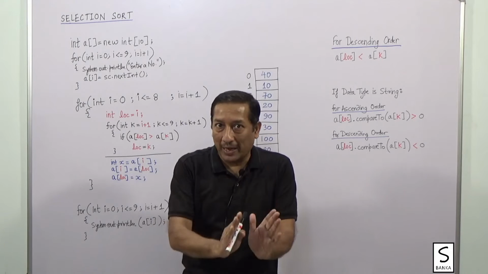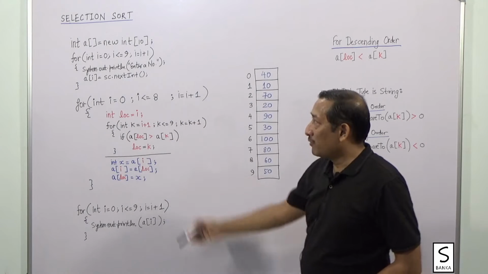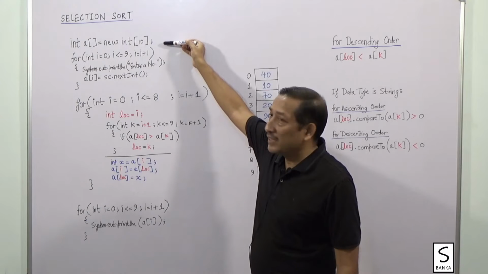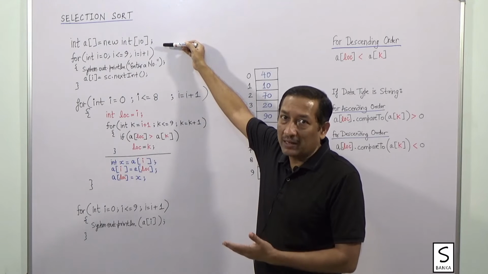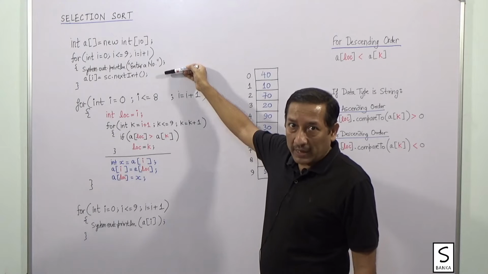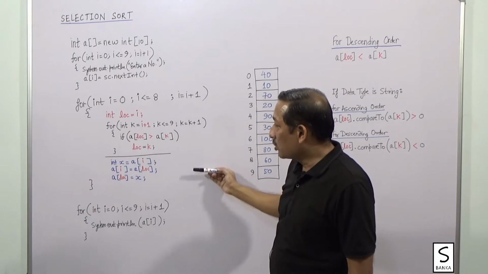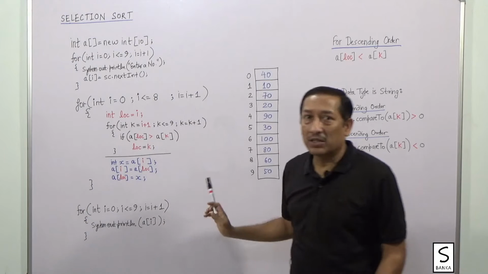Now leaving it at that, we come to the selection sort technique. The program is there for you. We first create an array of size 10, because I am taking the example of 10. You can change the size according to your requirement. I first of all input the array. This is the sorting process here, and once the data is sorted, we need to print the array. So that is the standard.